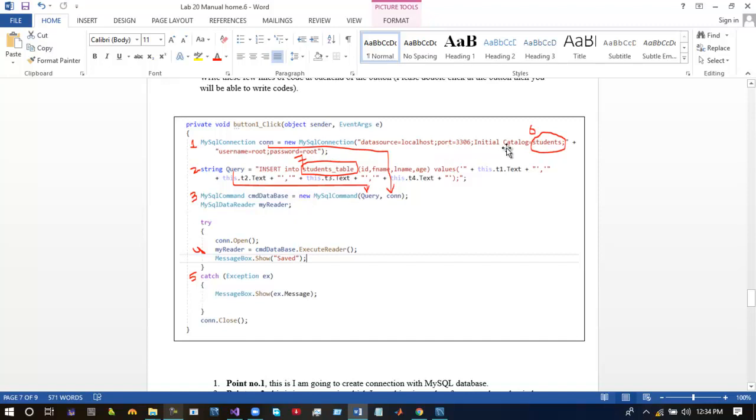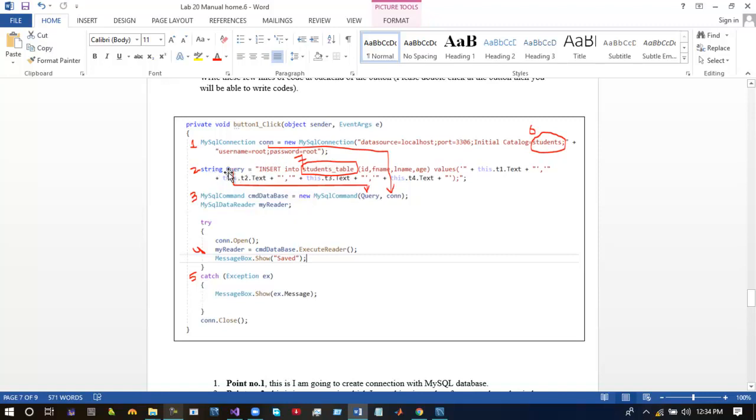Initial catalog shows the database name. So students is the name of the database and username is root, while password is also root.